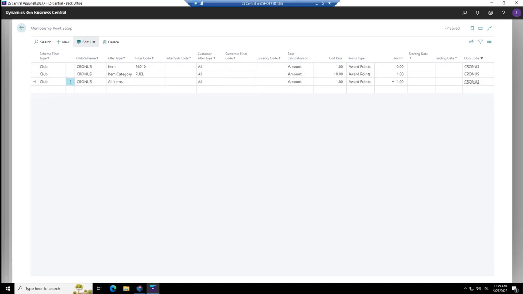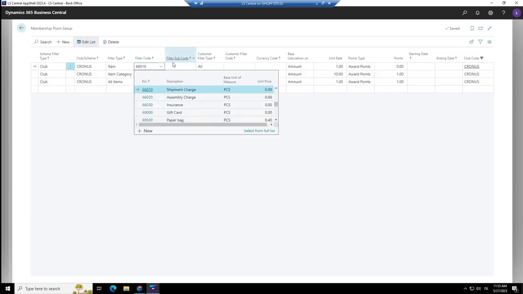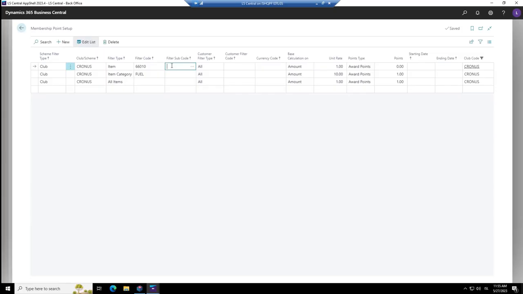But when we are selling something like a shipment charge, it's not really our item as a retailer, so then we can do a different rule. So you see this line here, that Kronos item, and this is actually the shipment charge item. You see, shipment charge. And we don't want to give points based on this shipment charge. So for each amount, we do 0 points. So later we will see custom orders and shipment, the shipment charge. So we are not allowing our members to earn points depending on the shipment charge.